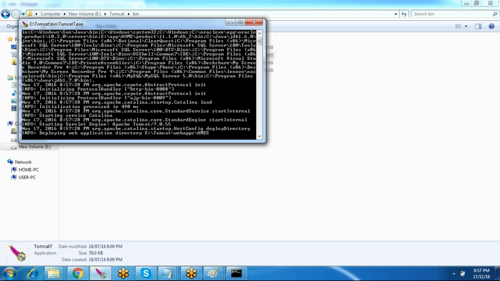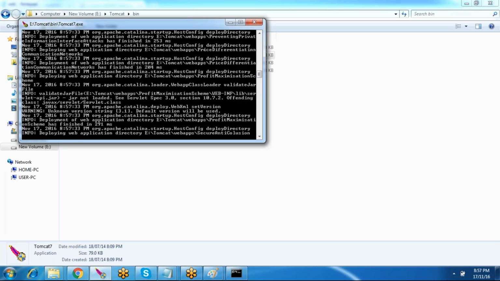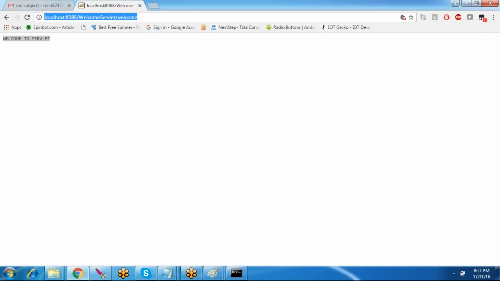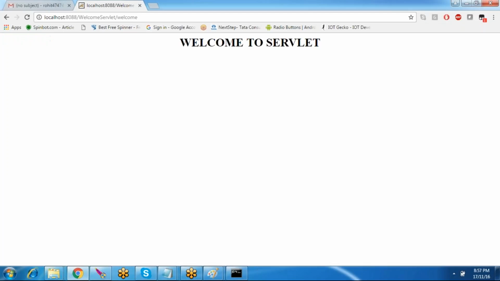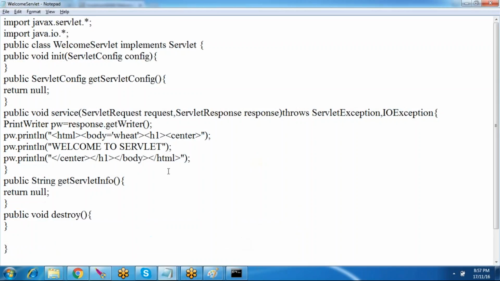Simple process. In the browser I just have to print a message known as welcome servlet. For that we need to follow the instructions so that the server can understand how to execute a Java class. Those are the rules and regulations, you can say. So now I'll refresh this localhost. I'll press enter. You can see welcome to servlet is getting printed right in the middle, but I didn't get the color properly. Why? Because